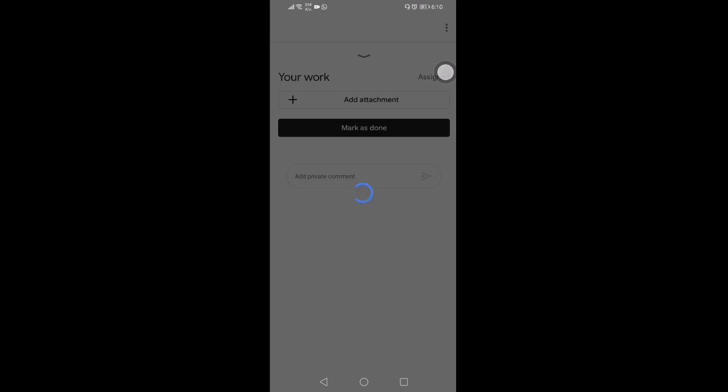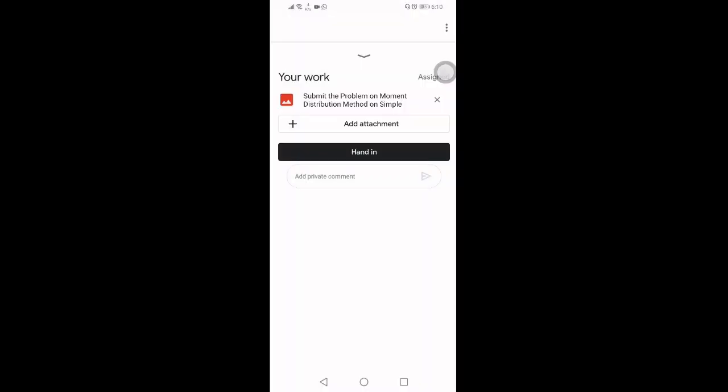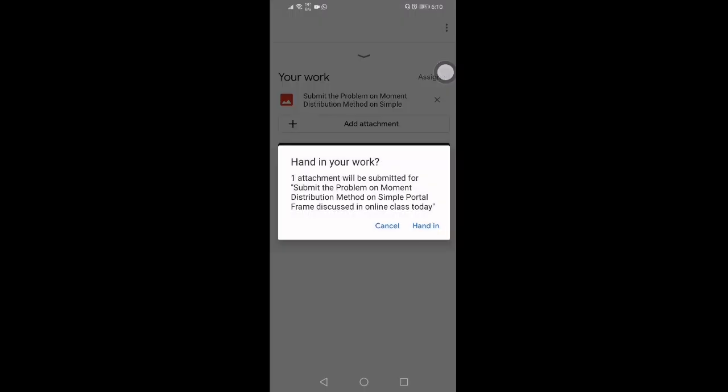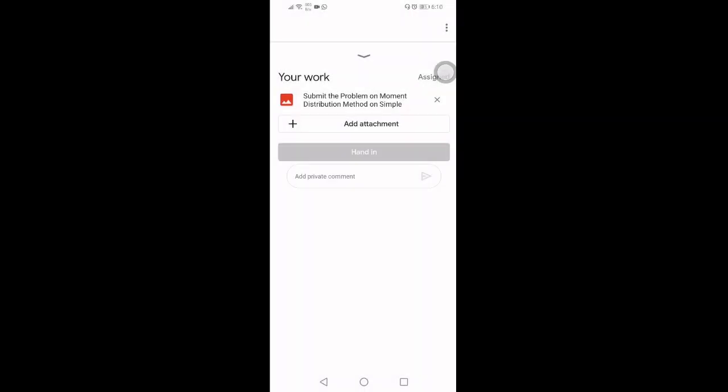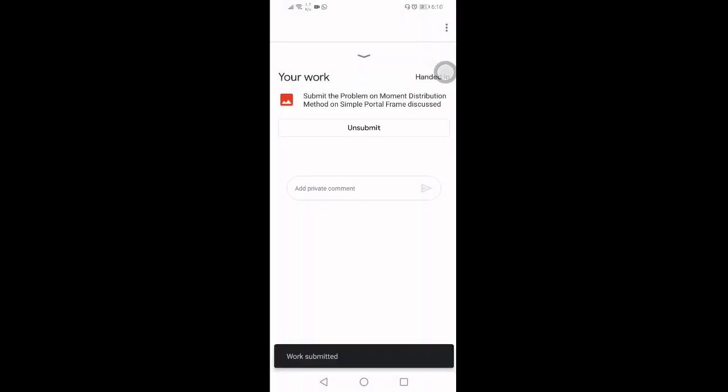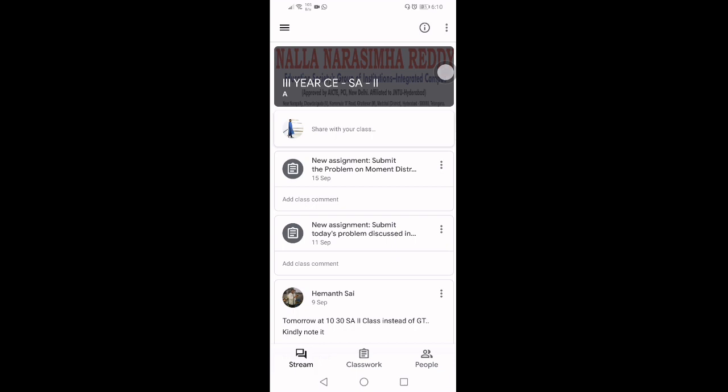So it is better not to use this method; it is better to use a PDF style, so that the faculty feels free, and they can correct it and send you back the points. If you want this assignment to be sent, you can simply click on hand in. Yes, hand in. There are many other methods by which we can send, but the better option is sending through PDF for your and the faculty's easiness.